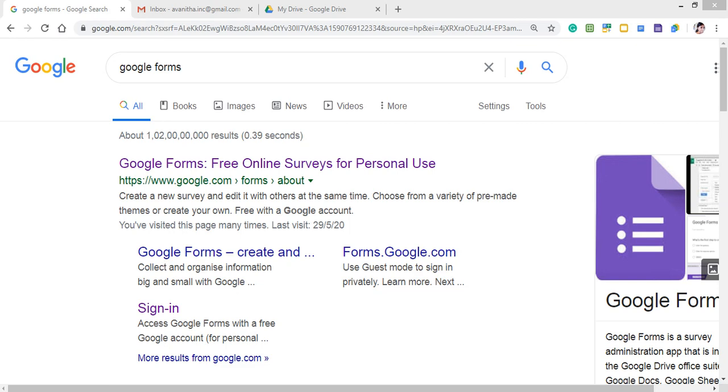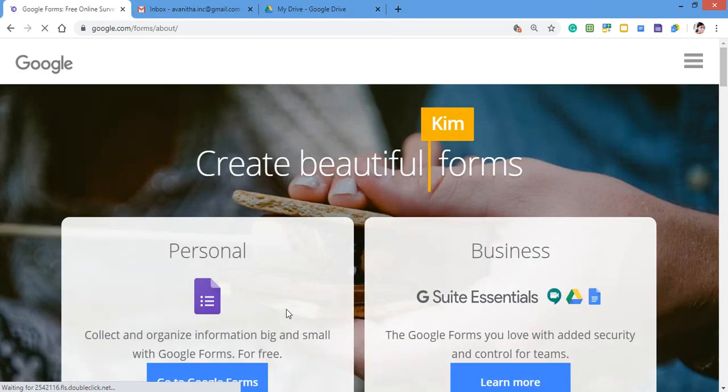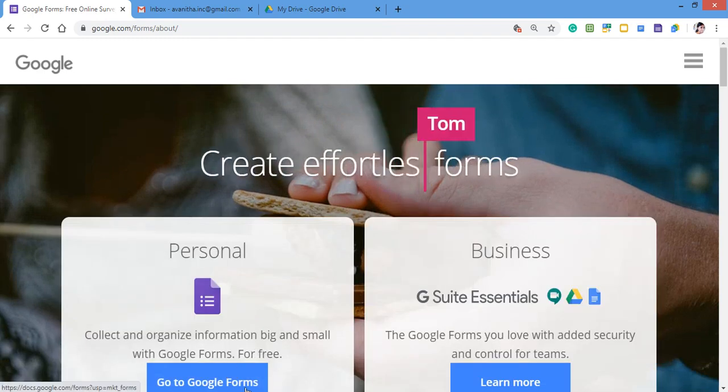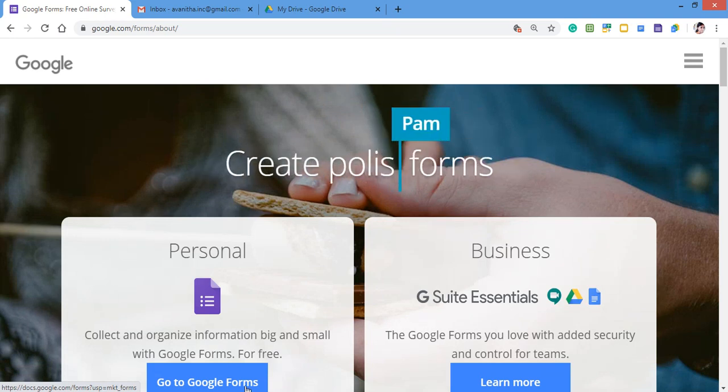Now, first of all, I want to explain there are three ways to enter into a Google Form. First, you can directly type Google Forms into the Google page, as I have typed here, and enter the link which is showing in the results. Now I am entering, and you can see the Google Form page.